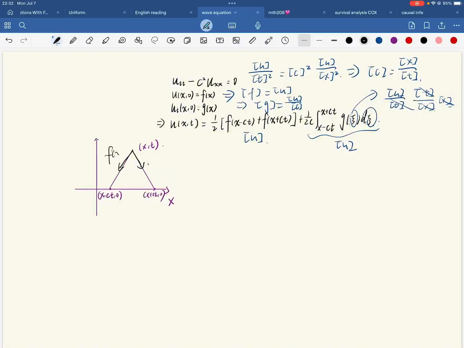Actually it is f(x minus ct) and f(x plus ct), and this follows this, and in the center it actually is the integral from x minus ct to x plus ct, and we integrate g(x), since it's the partial derivative relative to t of u,